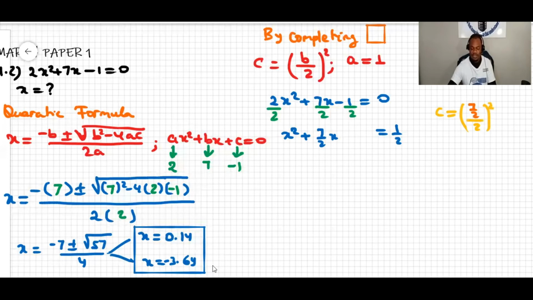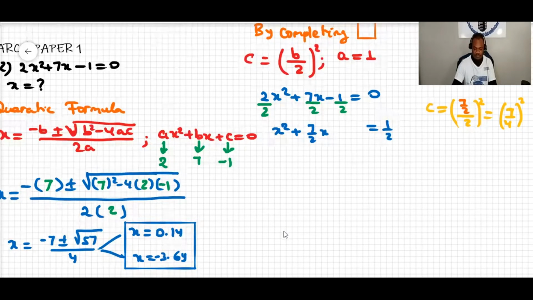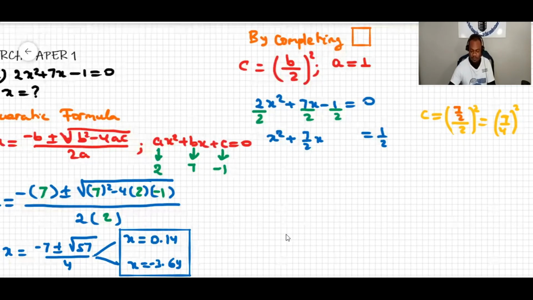And then this is equal to 7 over 4 to the power of 2, which is equivalent to